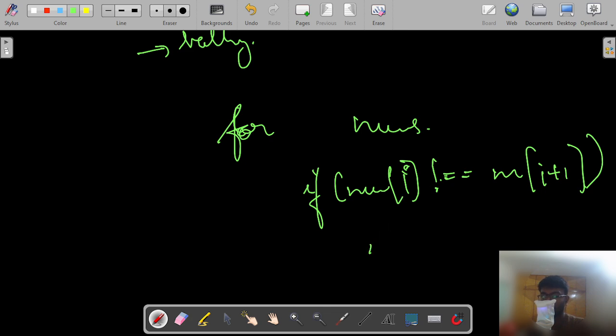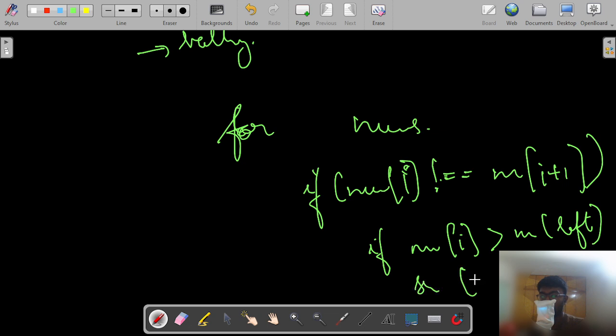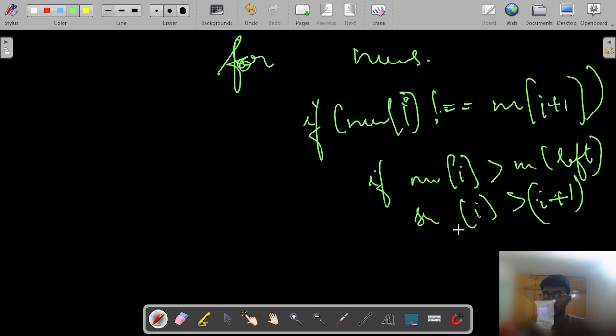If that's the case, then we check if nums of I is greater than nums of left, and nums of I is also greater than nums of I plus 1, that is the right side value, or if it is less, or nums of I is less than left and less than right,